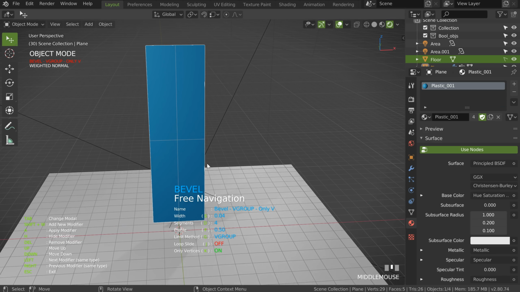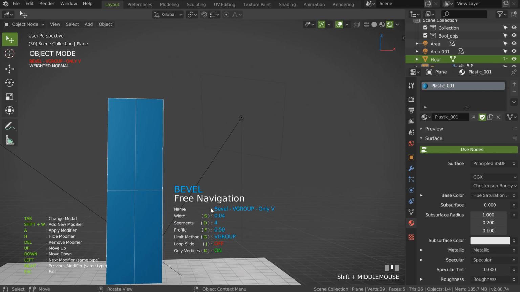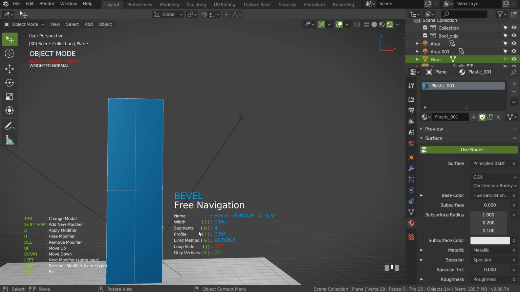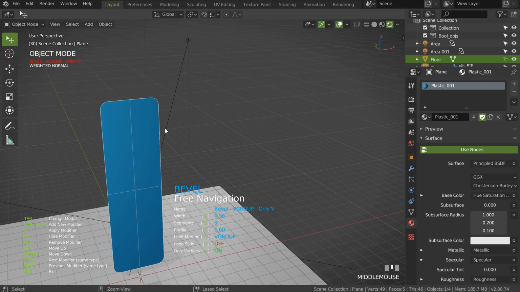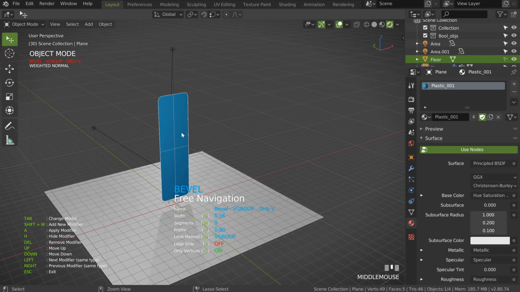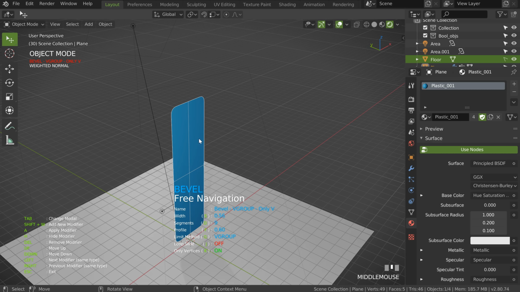So, I am in the bevel. When you launch a model, you will have some keys. It's the same for every model. So S to play on the most used action on each model. After that will be D to play with the number of segments. So S, the width for the bevel. D, number of segments. F to change the profile. So if you want something like that, it's possible. I will make a profile 2.6. I can press Shift and click, or I can press F.6, just like that.